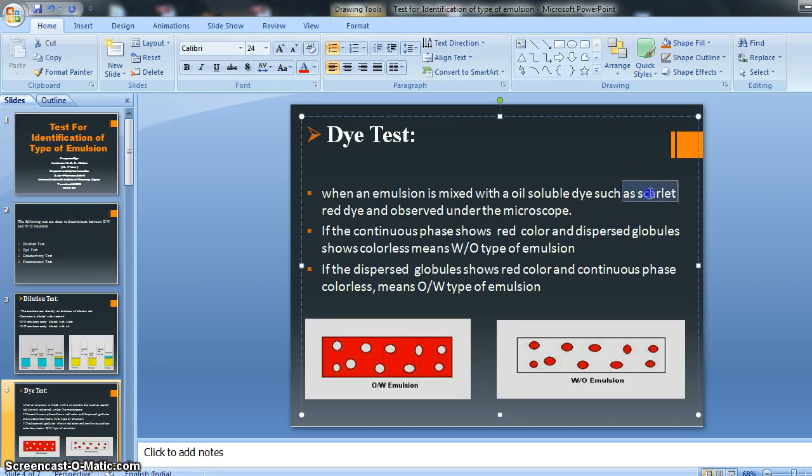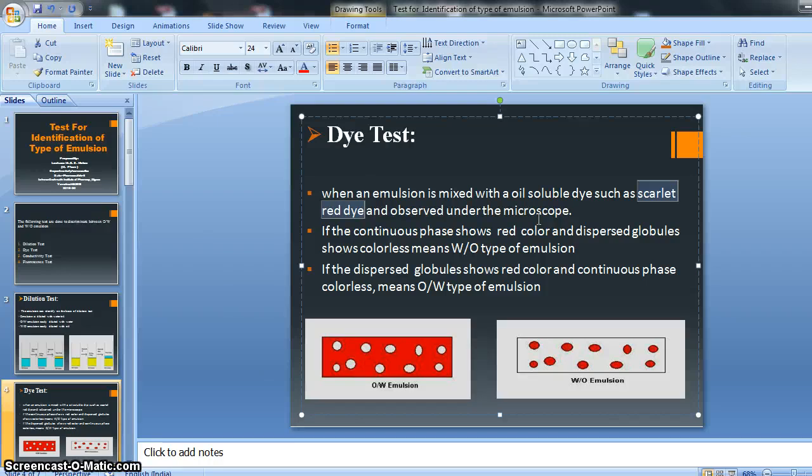You should remember this name, scarlet red dye. It is a very popularly used oil soluble dye, which is used for the dye test.